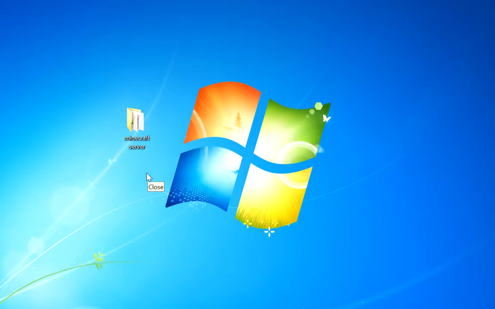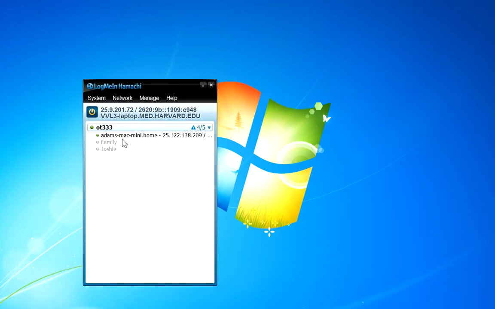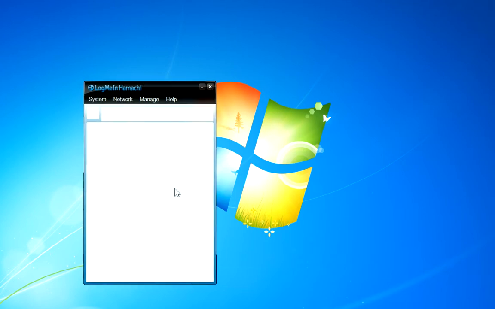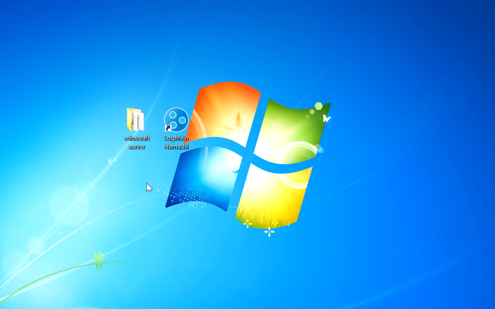So what you want to do for Hamachi, this is what it is. The icon is like a circle with circles in it. It's blue. It says LogMeIn Hamachi. That's what it's called. So if you open it, this will come up, and it's a networking thing. So create a network, join existing network. I created one for my server, and I have some other people in it. Anyway, so what you want to do to use Hamachi pretty much is you want to go to